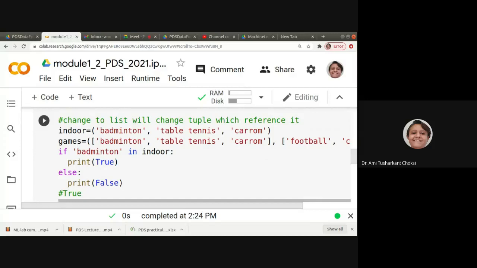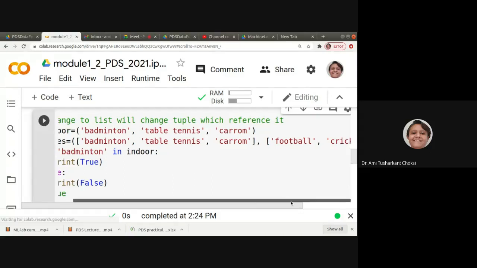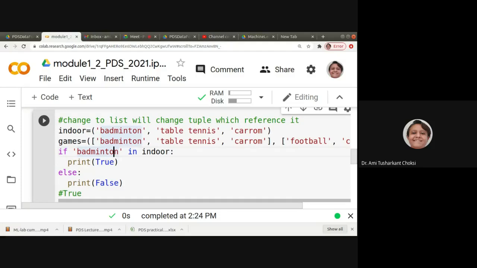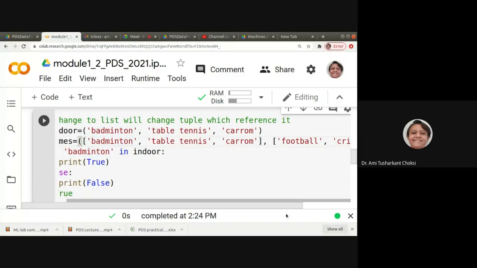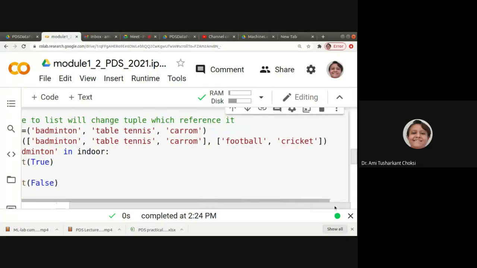Indoor is equal to tuple, badminton, table tennis, carom. Games is equal to list, badminton, table tennis, carom. And second is a list which is having football, cricket. Let us scroll it, right? Football and cricket, right? Two lists are available inside this tuple.